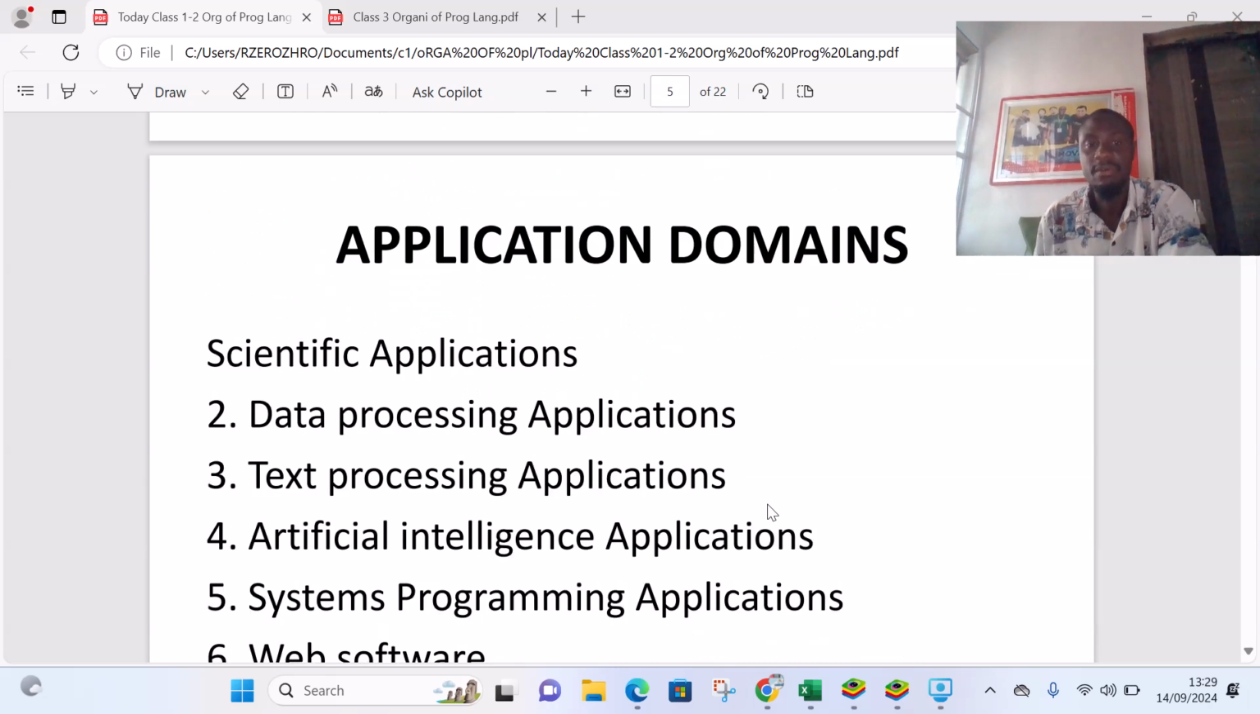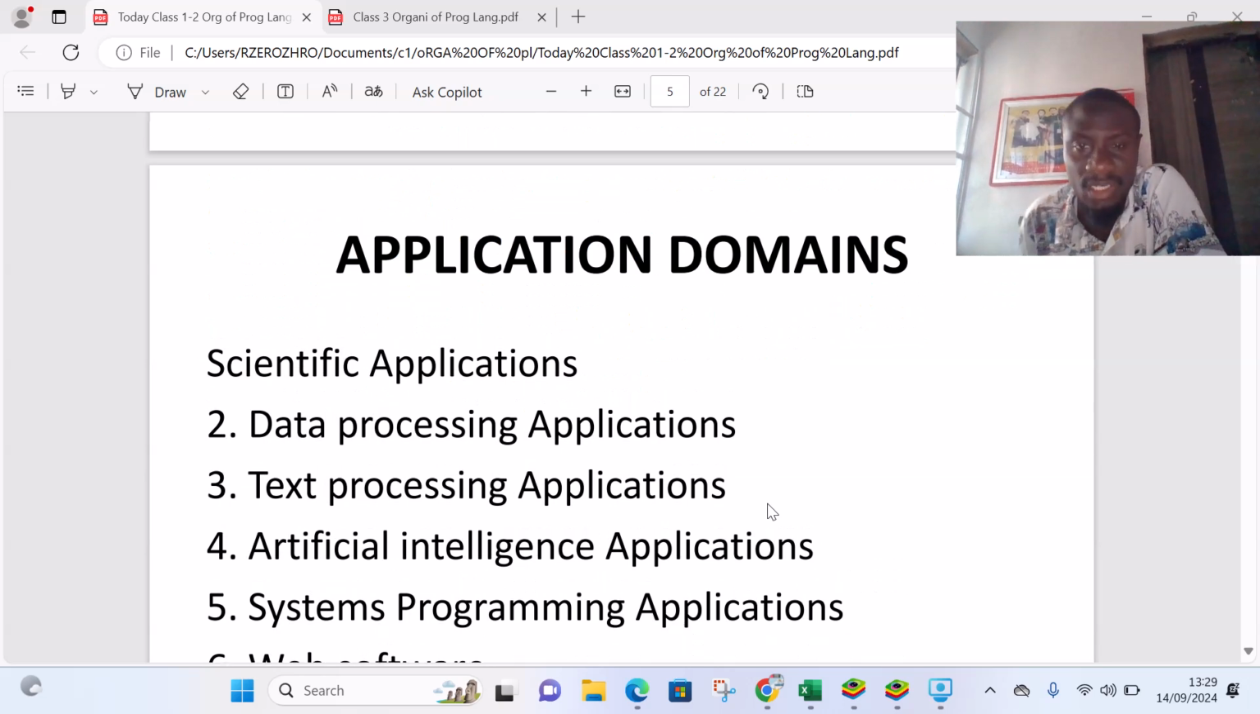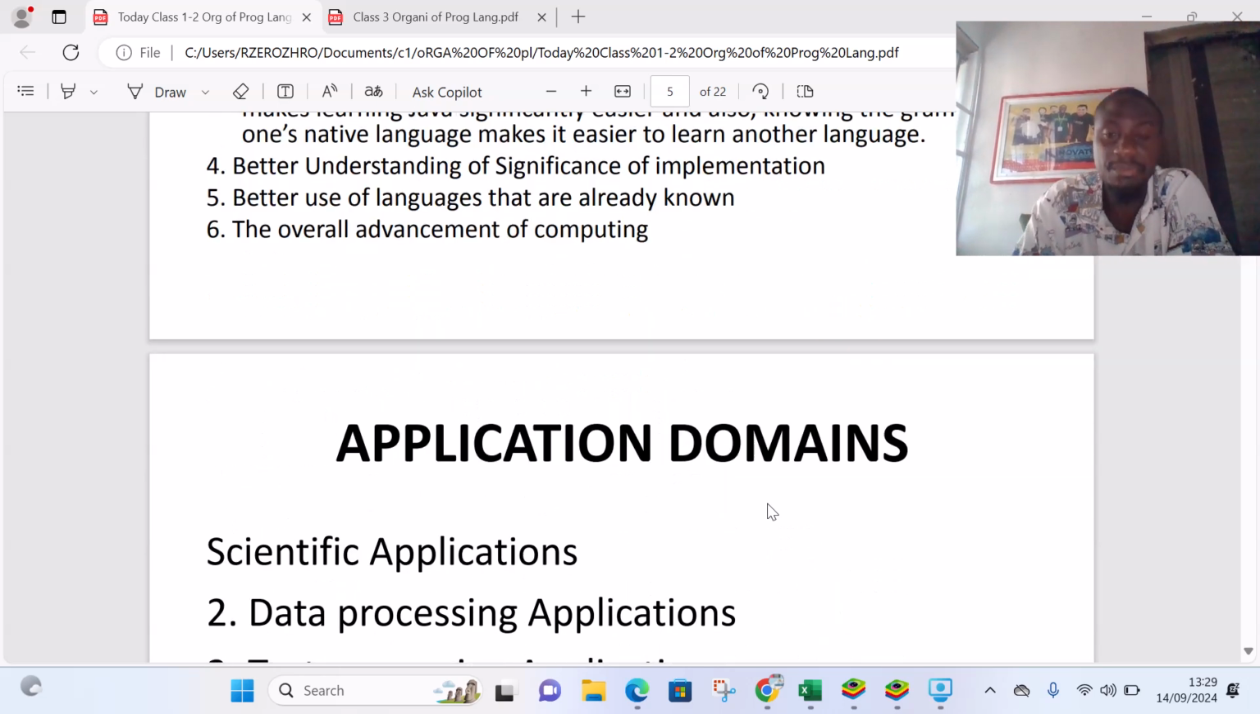So let's go back to our programming language environment. Okay, let me go back to the different programming languages we have. Some of these programming languages you need to